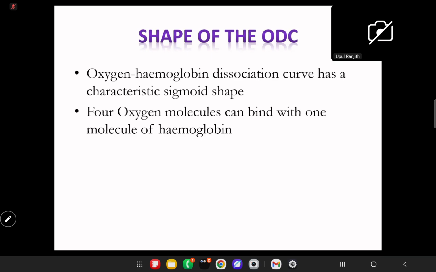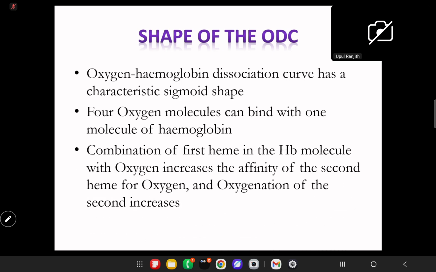Now, you know that the hemoglobin molecule has four subunits, right? Each one can bind with one molecule of oxygen. So that means one molecule of hemoglobin can bind with four molecules of oxygen, right? Then the combination of the first heme in the hemoglobin molecule with oxygen increases,